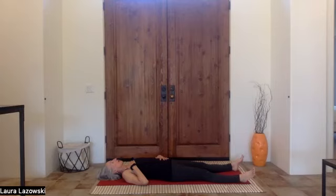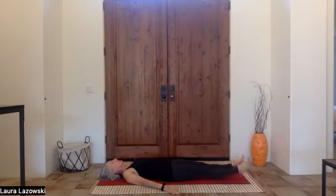Okay, now bring the airflow all the way down to the belly. Feel the hand lift and lower as you breathe way down there at the belly. So you can feel that in a belly breath, there's a deeper sense of release, relaxation, especially in that lower torso. All right, release the hands from your torso, bring your legs closer, feet are parallel, left knee comes up